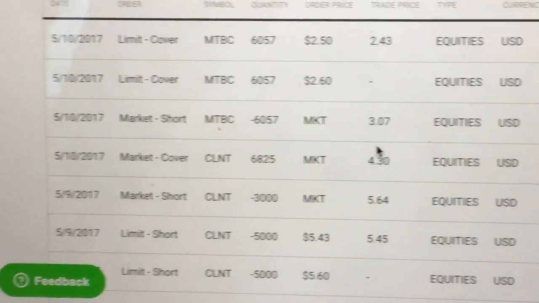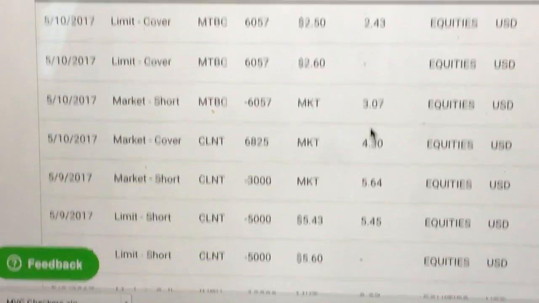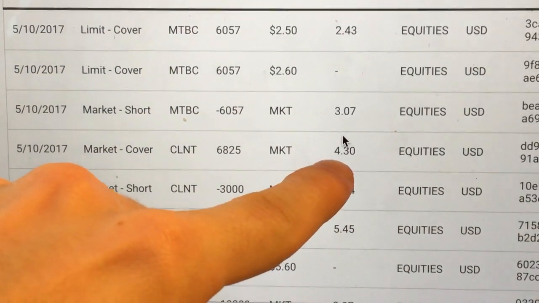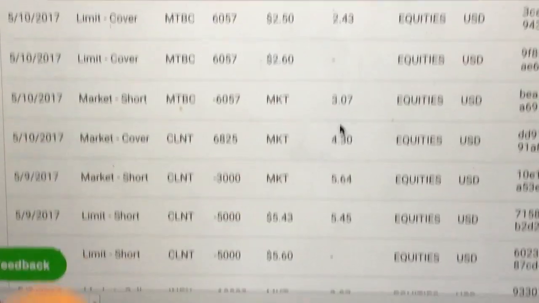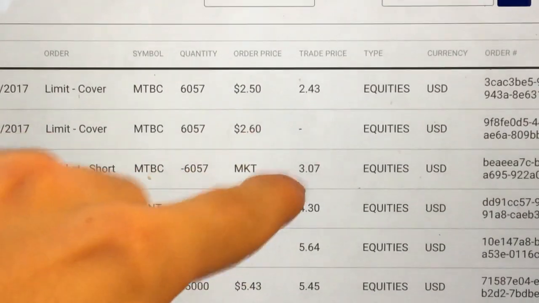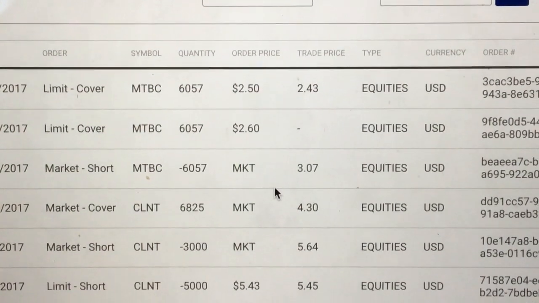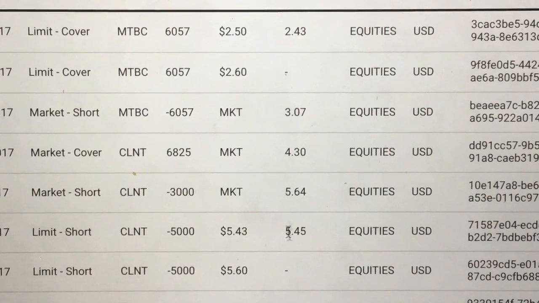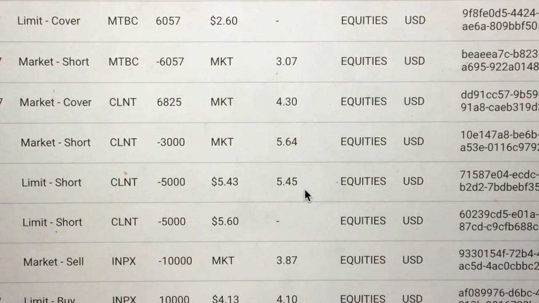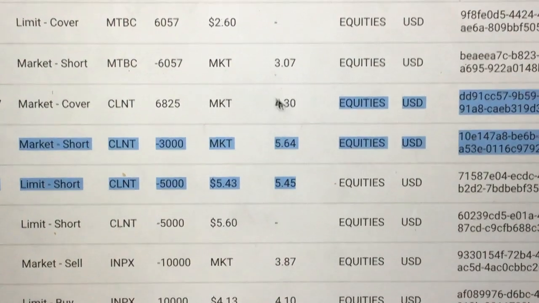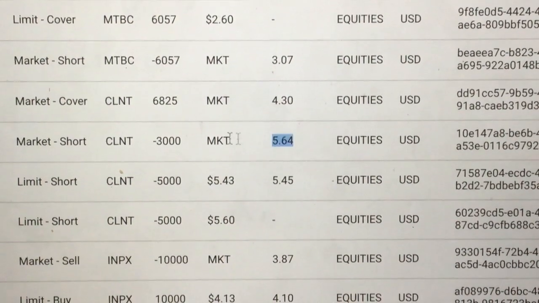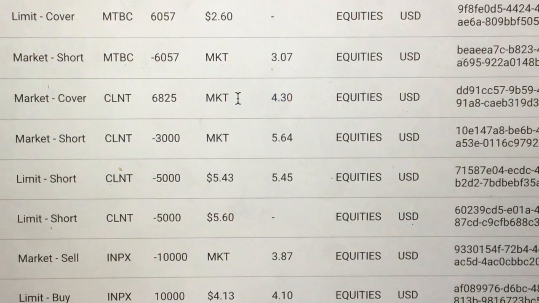some shares, and I shorted them and then they went lower. Wait, no. I shorted these here and then they went lower. Then I shorted these here and then these went lower. Because I shorted this and then it went higher and then I shorted it more and then it fell. So that was good.